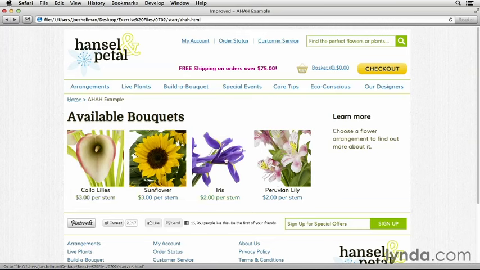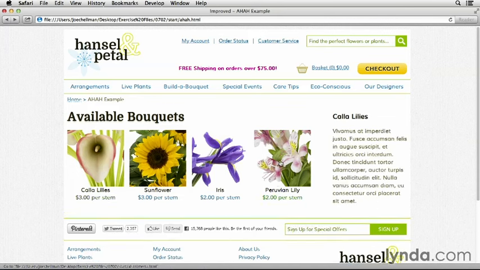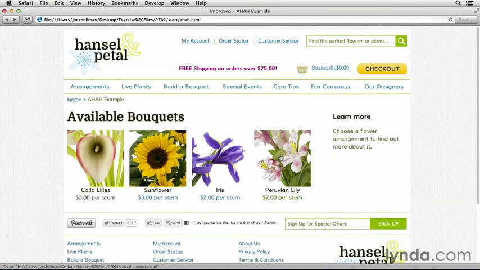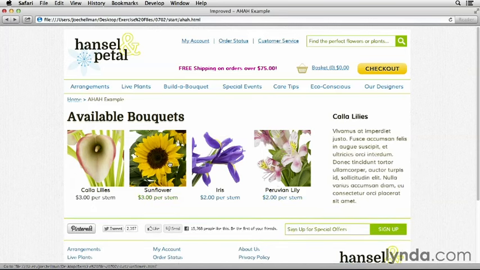So I have the same event listener hooked up on all four of these. So when I click any of them, there it is. The contents of my little HTML fragment have been loaded up here in the sidebar, and it does not change regardless of which of these I click. Just to prove that, I'm going to reload this and click the sunflower, reload again, click the iris. So you can see everything is loading the same file. So that's great. We are now able to use AHA to load that HTML fragment,